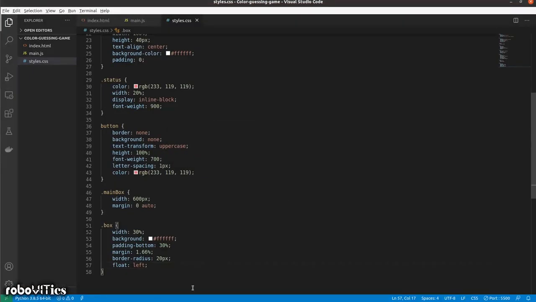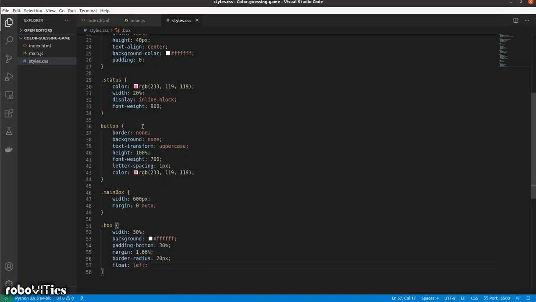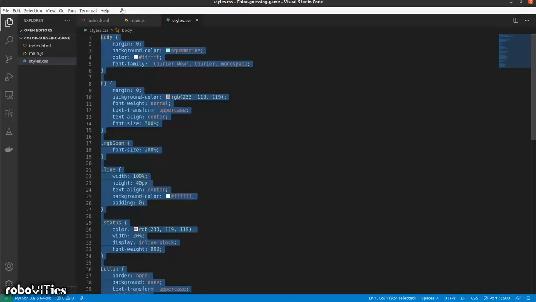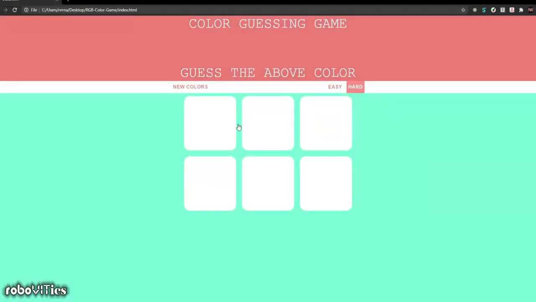So with this we are kind of done with our CSS. The last few parts of CSS will be covered in our JavaScript tutorial, which would be following this. One of my colleagues from Robotics VIT is going to take over. Over to you. Currently, your website would be looking somewhat like this. None of the buttons are working and nothing is displayed over here.